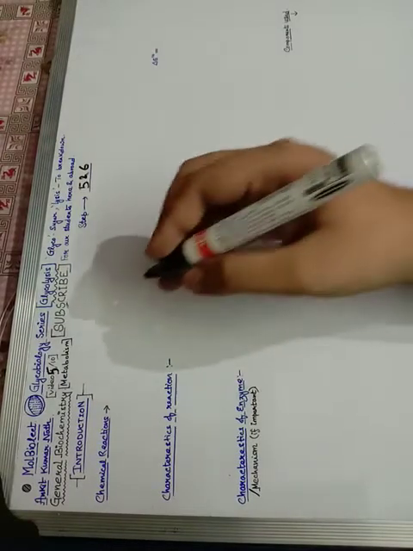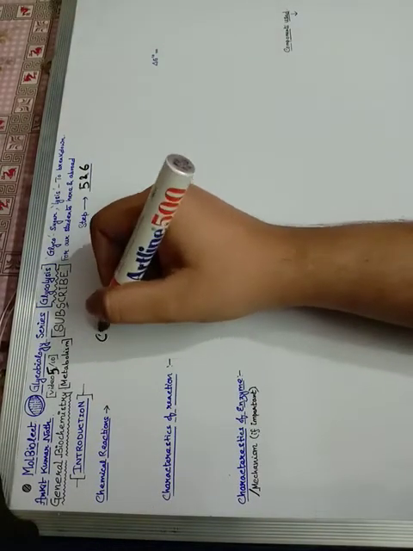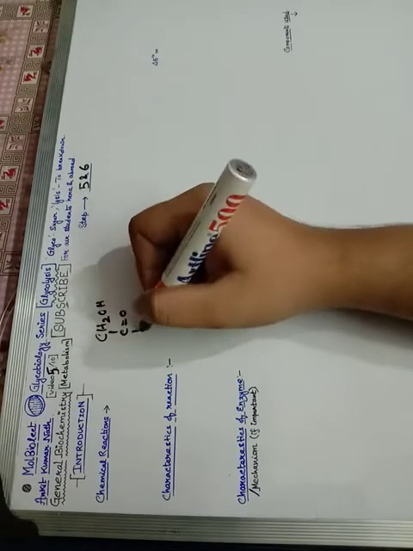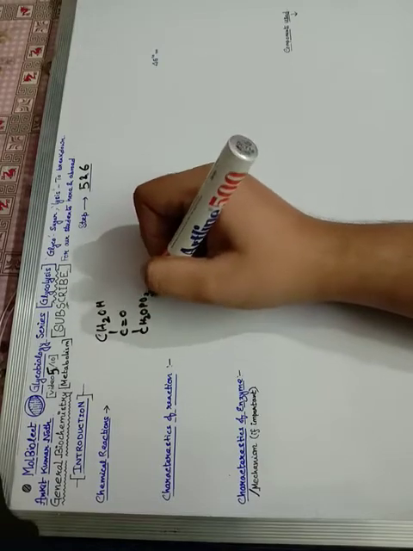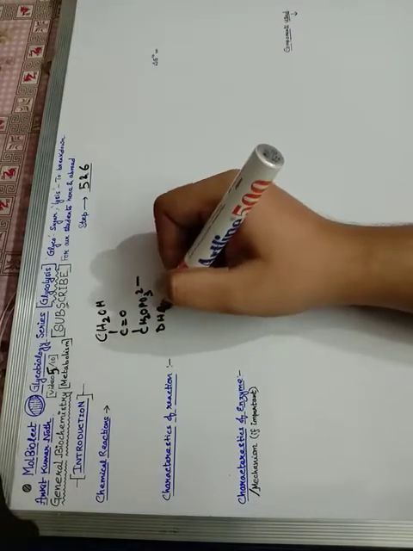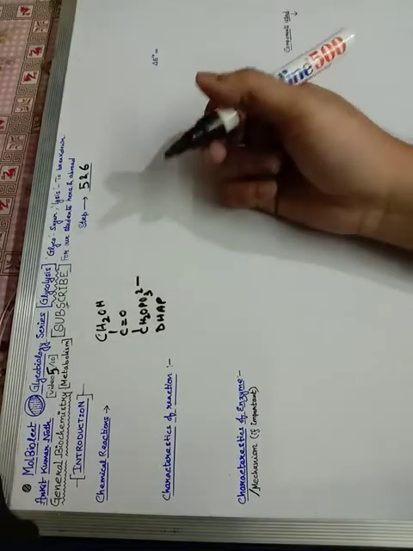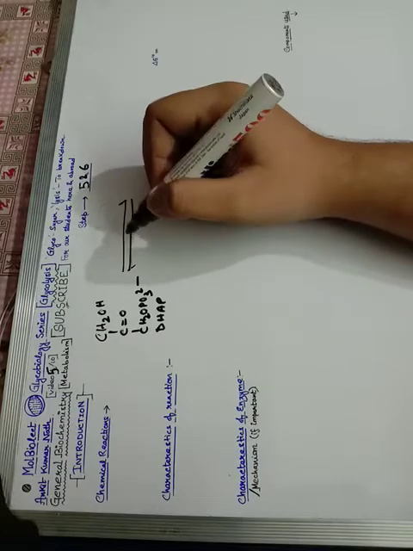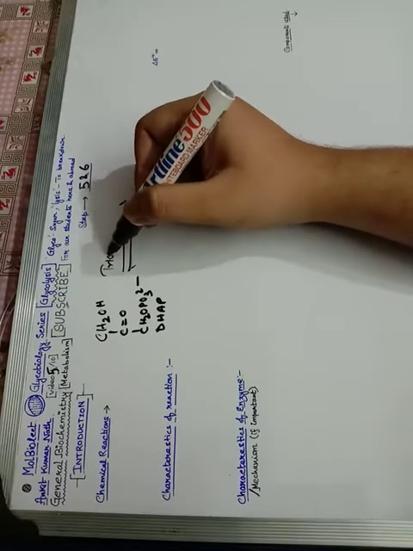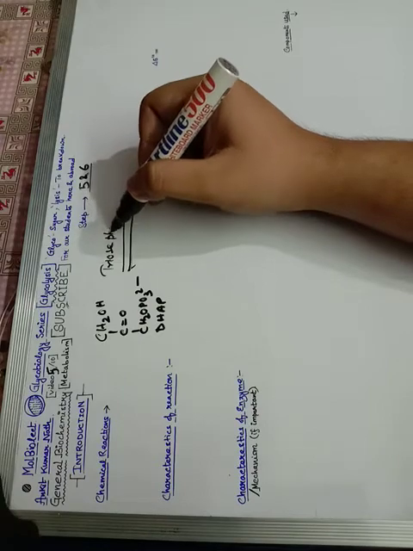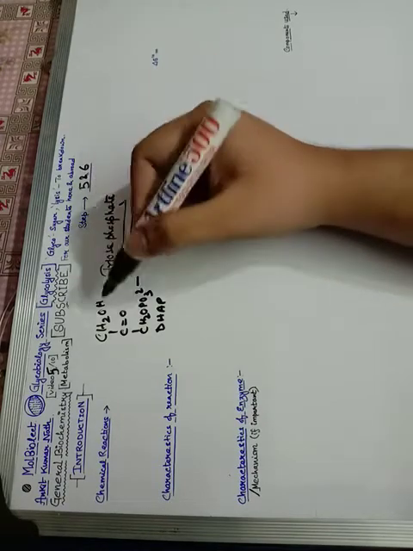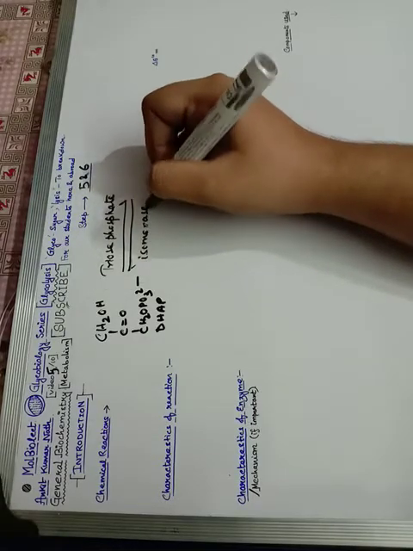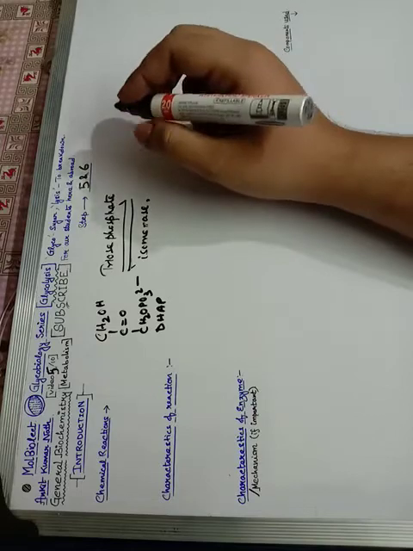So the structure of DHAP, as I have just shown in my previous video, is CH2OH, C double bond O, and a CH2OPO3 2 minus. Structure of the DHAP, dihydroxyacetone phosphate. I like calling it DHAP. So this is an isomerase reaction. The enzyme name is triose phosphate, because it's a 3-carbon compound, triose phosphate, and also isomerase because it is isomerating it, it's converting it to a different isomer.